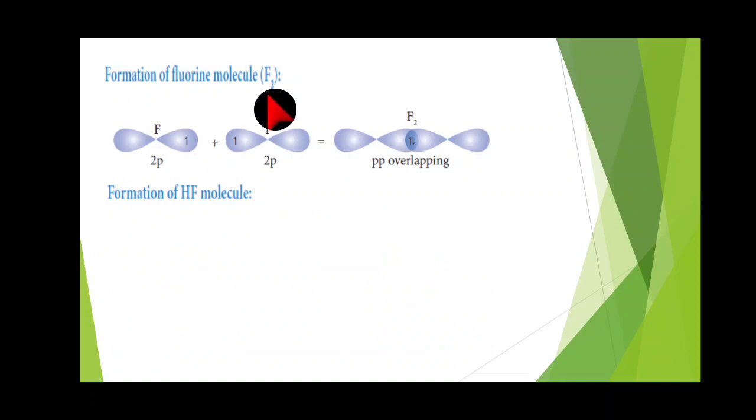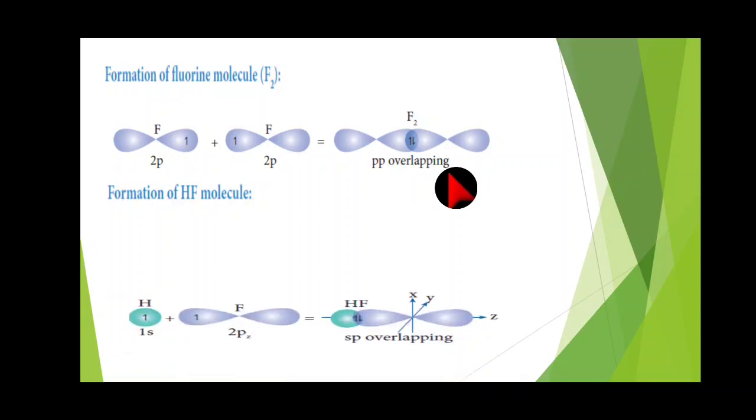So in the outermost orbit we can find the 7 electrons, and the last electron is present in the 2pz orbital, which I have given with 1 electron. So each fluorine has one unpaired electron, right? Now the p orbital overlapping. When the half-filled pz orbitals of two fluorines overlap along the z axis, a sigma covalent bond forms, because it is head-on overlap, right? It is not a side overlap, head-on overlap only. So a sigma bond is forming.